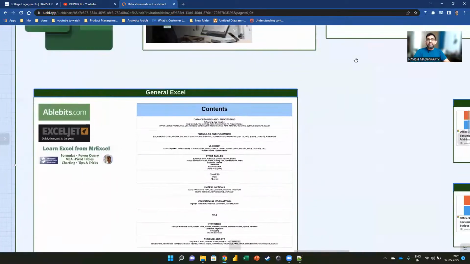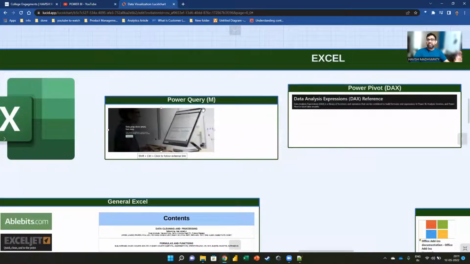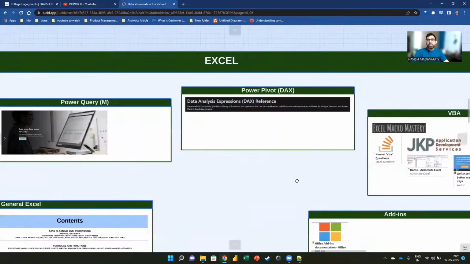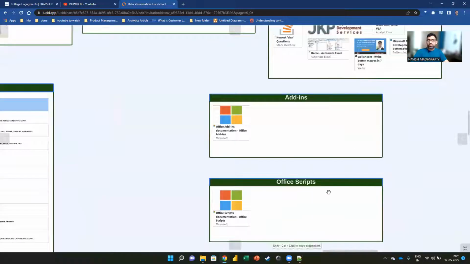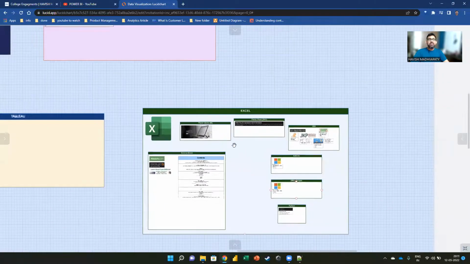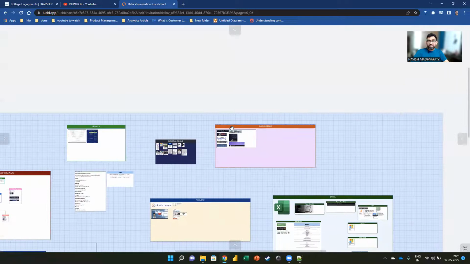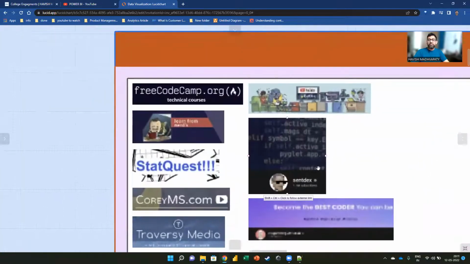But in addition to these, there are also other areas in Excel. One is called Power Query, which all of you will see today in Power BI. The other topic is called Power Pivot. And then, of course, we have Visual Basic. We also have JavaScript and TypeScript. So as you can see, this is a very comprehensive link. Even for data science, I have given the best websites for Python and all. And I keep on updating it, right? So how you see it today probably will get updated in another week, right?